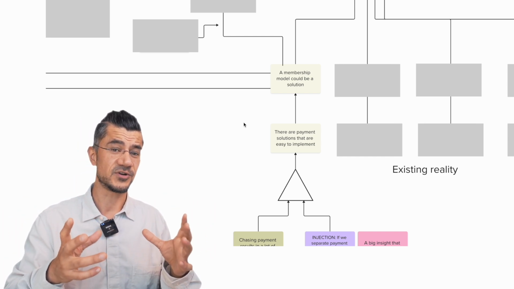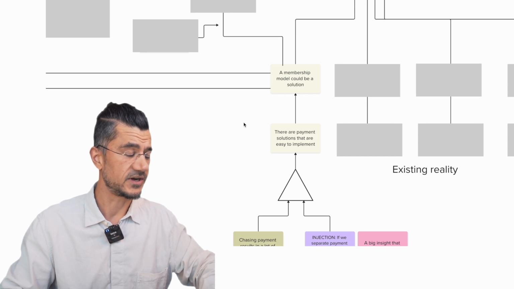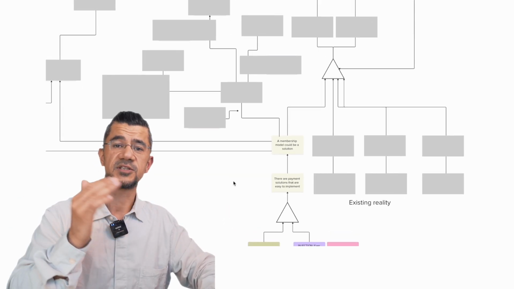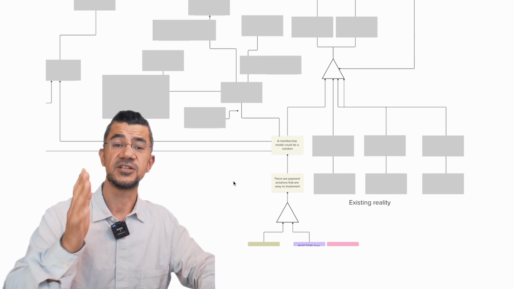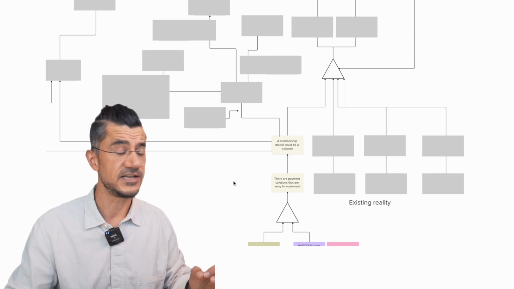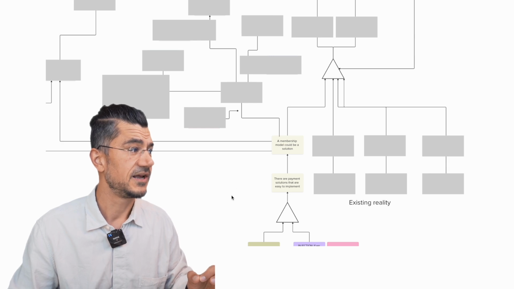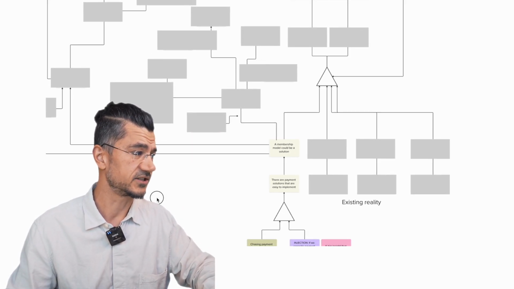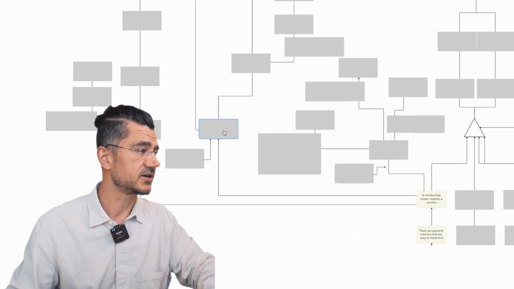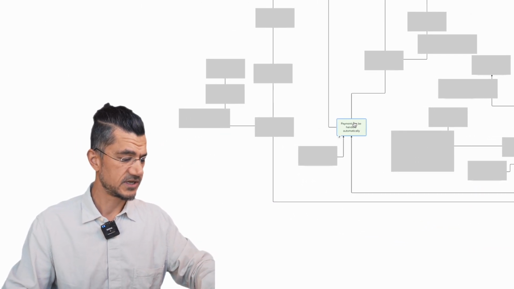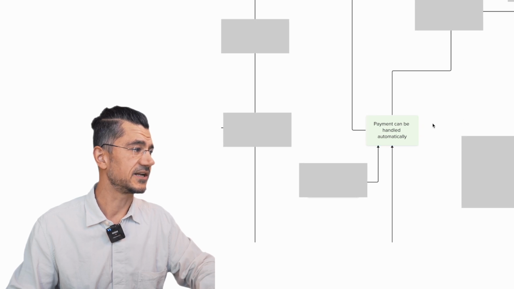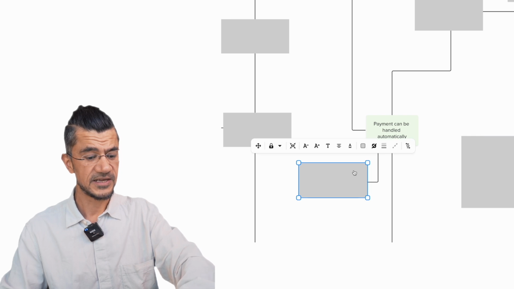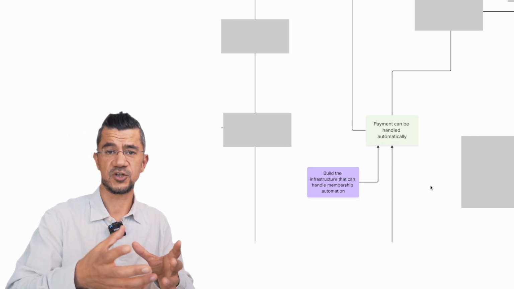So it was extra important that we got this big decision right. Now, what I want to do is to walk you through the different possible branches that came out of this idea of introducing a membership model, and how we implemented it, and how we figured out what the negative branches are. So I'm going to start here because I think this was one of the most important things this allowed us to do, and that is that payments can be handled automatically if we build the right infrastructure for it.